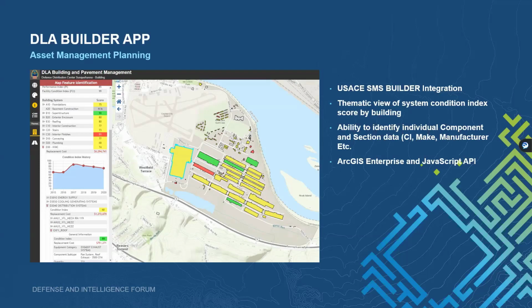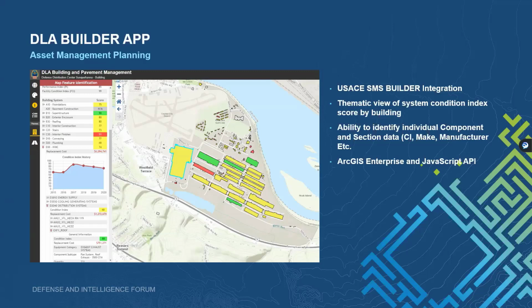Thanks, Sean. This is a macro look at the installation, so you can see all the different systems, from HVAC, plumbing, conveying, roofing, everything that a planner would need to go through and see on a map and see thematically. I'll go through a demo here in a minute, but this gives the installation a much better picture of where things are happening. So if they do want to plan these SRM activities, they can do it all within the few buildings that are maybe deficient in certain areas. Now let's go into some demos to show you what these applications look like